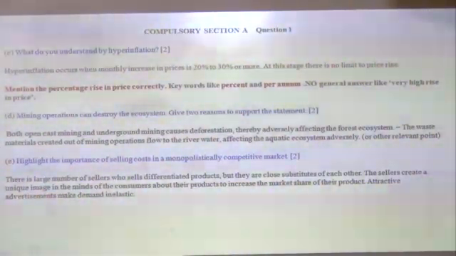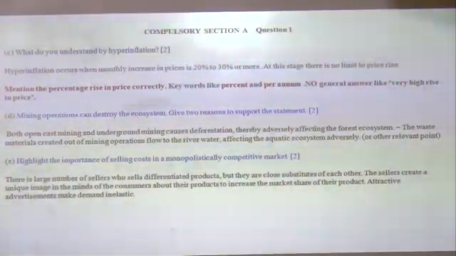D, mining operations can destroy the ecosystem. So this is a topic on mining. Give 2 reasons to support the statement. 2 marks. So the answer is basically both open cast mining and underground mining cause deforestation, thereby adversely affecting the